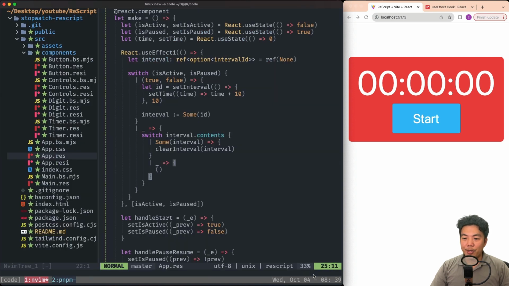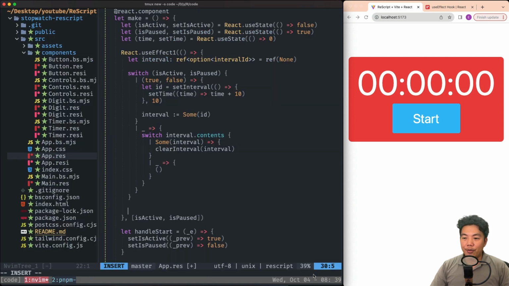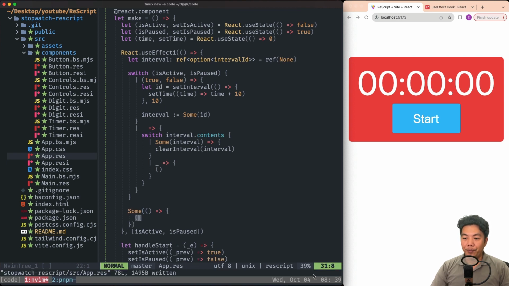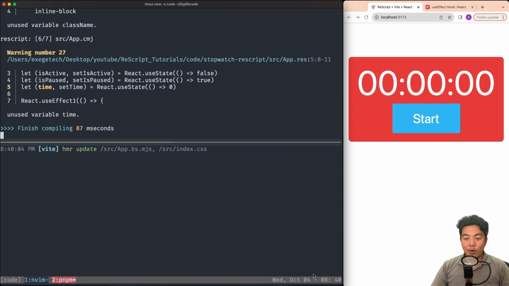First, it wants an option type. So we have this option type here. It wants the option type to be of a callback that receives a unit type, which is nothing, and returns a unit type. So let's try to return a unit type like this. It's working. ReScript compiler doesn't complain anymore. That means our code satisfies the type check.